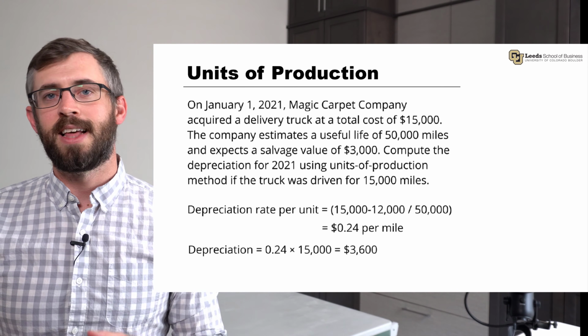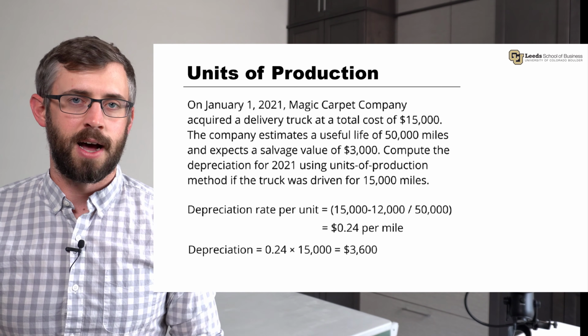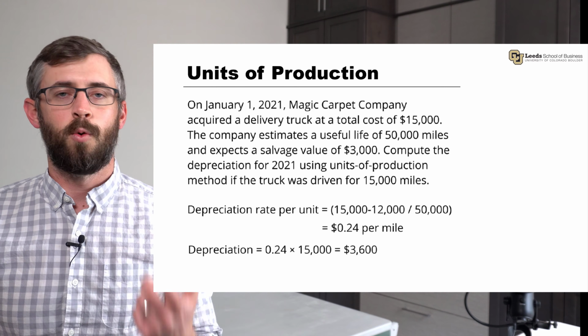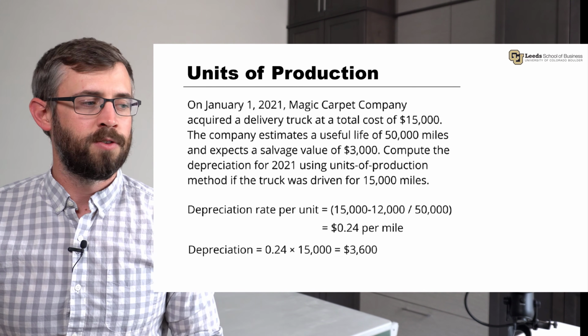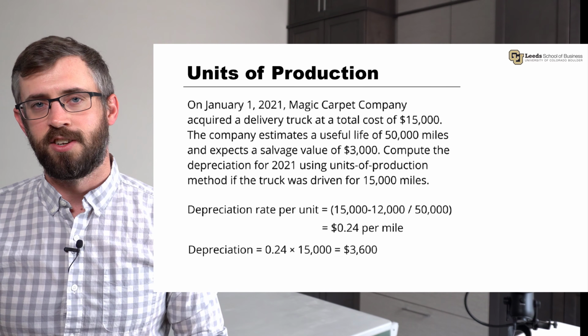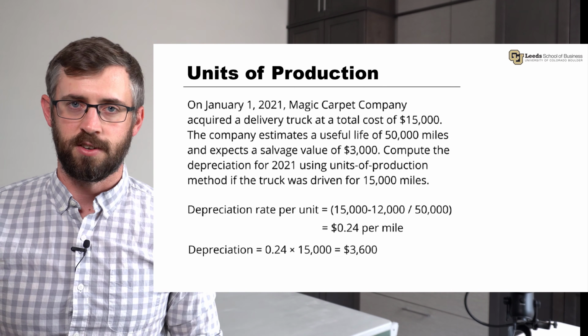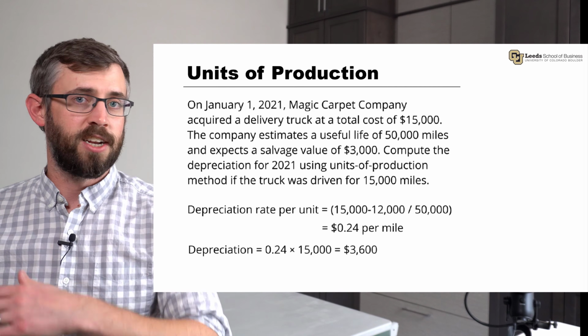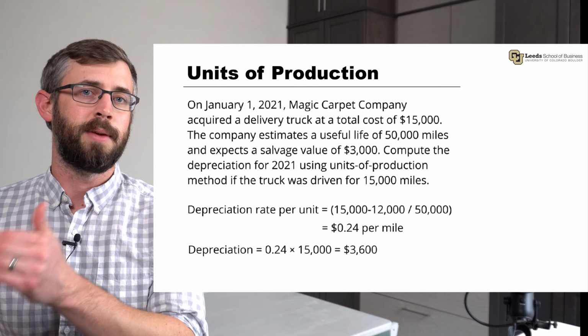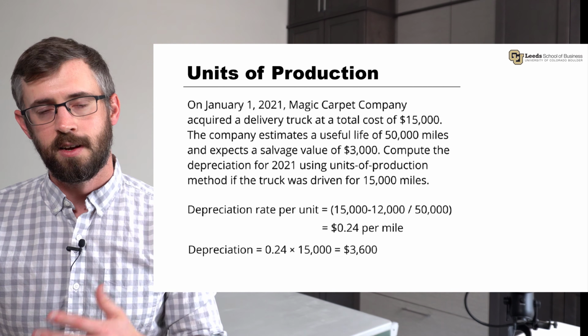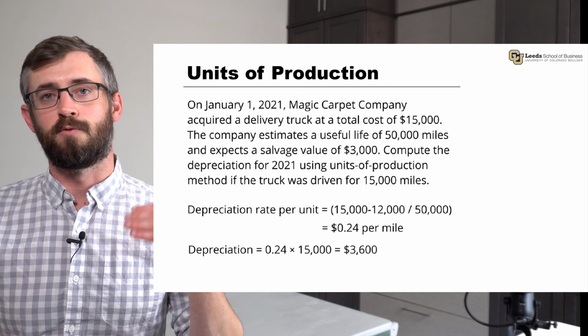So then when we learn that the car drove 15,000 miles in the current year, we can take that 24 cents a mile, multiply it by the 15,000 miles that we drove, and we get an annual depreciation expense of $3,600 for this first year. Now that amount is going to change every year because the miles we drive each year are going to change. So this is not going to be a constant depreciation expense, but it will be at a constant rate per